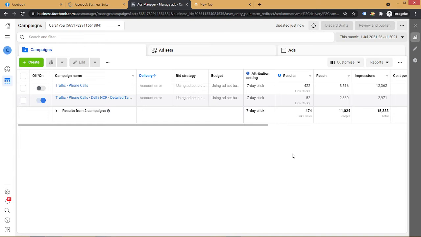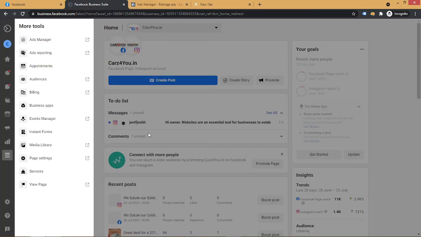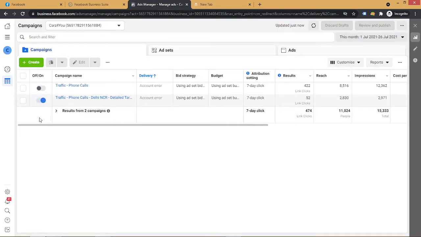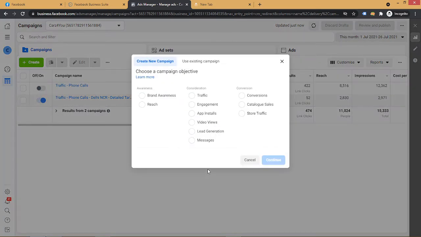Today we are going to create a Facebook call only campaign for lead generation, and the interface I am going to use is a new interface by Facebook. Here we can click on the create button to start that campaign.